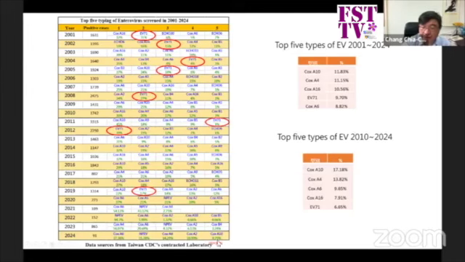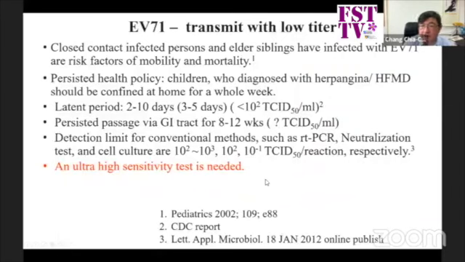But right now, this data is updated to April 1st. There are 91 cases in Taiwan, and behind that, Coxsackie A6 is the top one. So that means the typing is important. And why do we need to detect that? Because